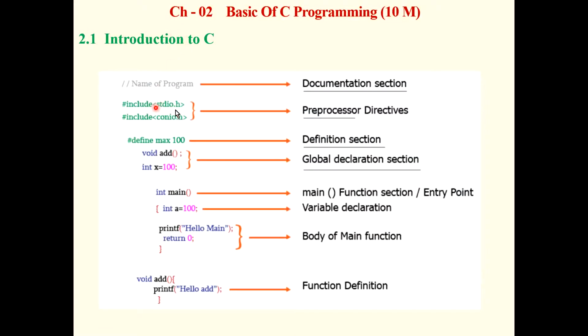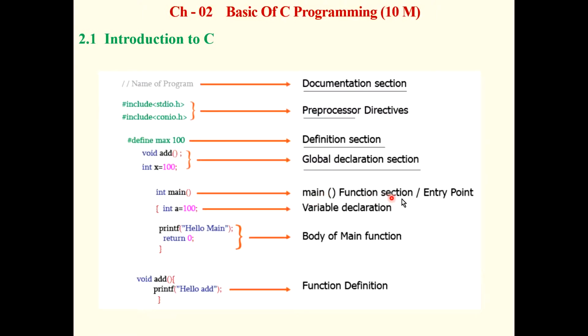Next, here I give one example. Okay, first document section. Here we give the name of the program. Okay, that is also called a comment. So a comment is not part of the code, it is only a title. Then next one, preprocessor directive, it is also called the link section. In that we define the header files. Okay, what is a header file, that we see in the next slides. Okay, then we define variables. Okay, definition of variables, global declaration section before the main function. Okay, so these are the global declarations.